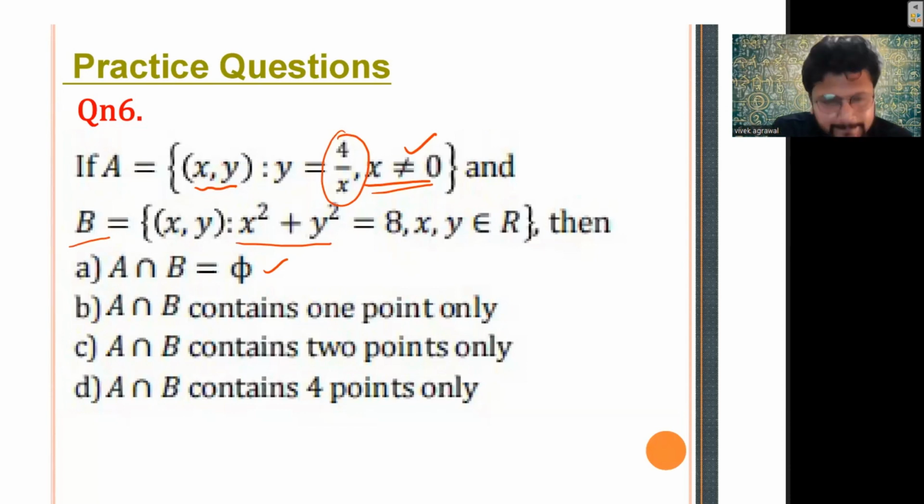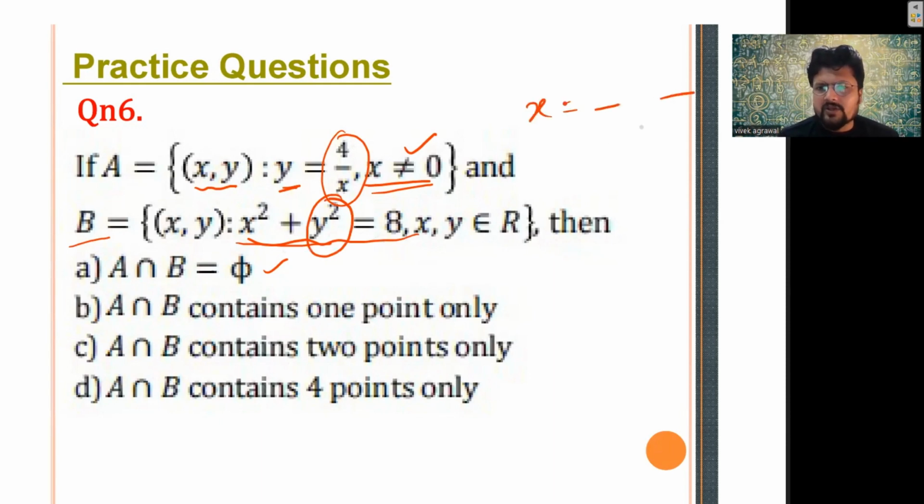Any other approach? Anyone with a different approach? Okay. So yes, this can be followed, or you can solve this equation as well, right? That is also an option. You can put the value of y, that is 4 by x, into this particular equation and solve for x. You will get 2 values of x, and for the same you will get 2 values of y. So the answer will be yes, it will